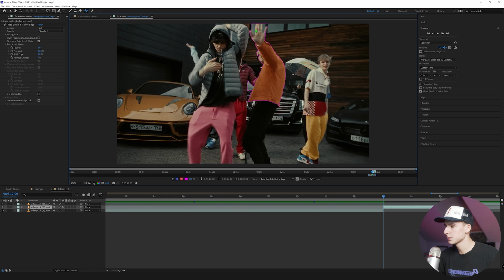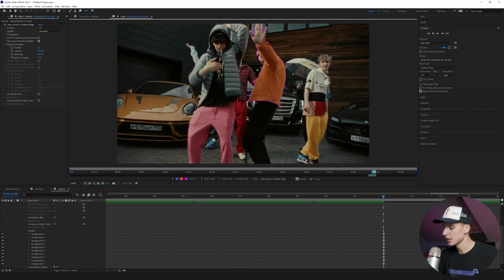It'll make it look a lot better, especially with this effect. I think it's worth it to spend the time making sure to get the rotoscope properly. It's going to help Adobe know where to scope out for the next frame, as well as your effect's going to look better. So spend the time. I'm going to go a little faster for tutorials like I always do, but if it's your actual music video, spend the time. It's worth it.